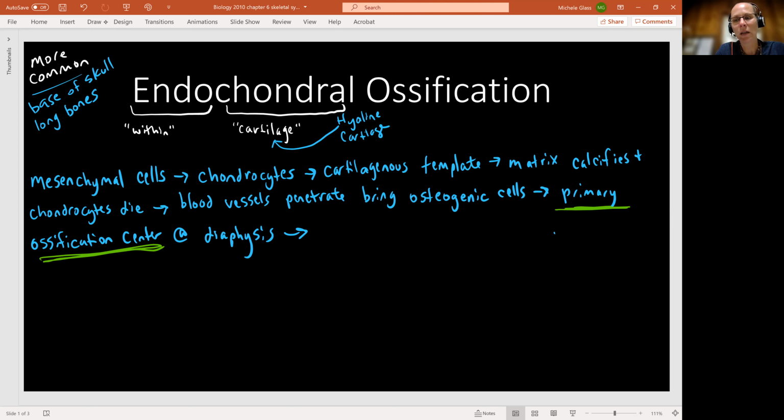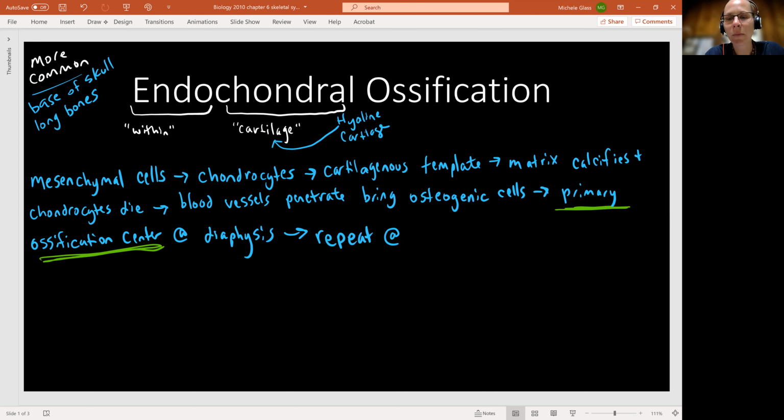I'm doing an abbreviation of steps here, but I think it makes more sense to go back and say, we get the blood vessel penetrating, bringing in osteogenic cells at the primary ossification center at our diaphysis. And then we basically get a repeat of that